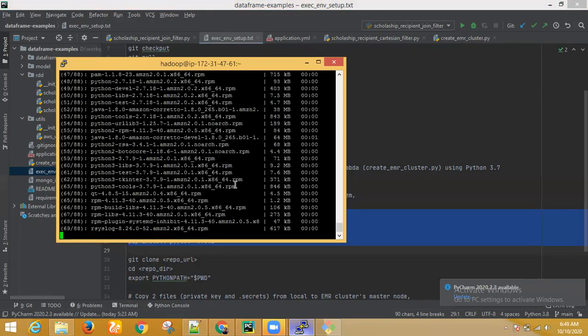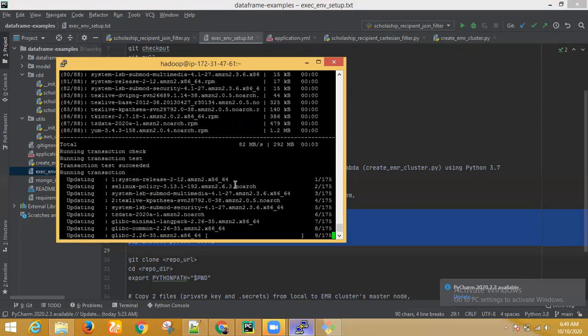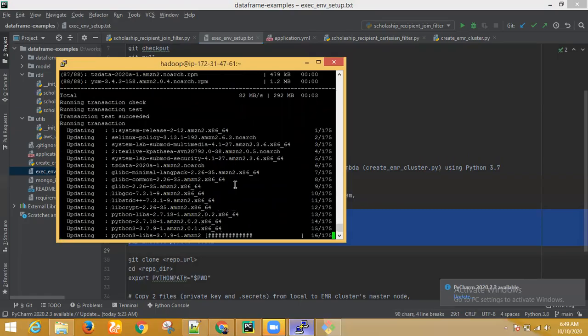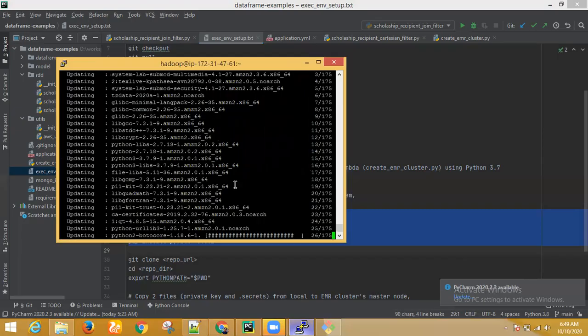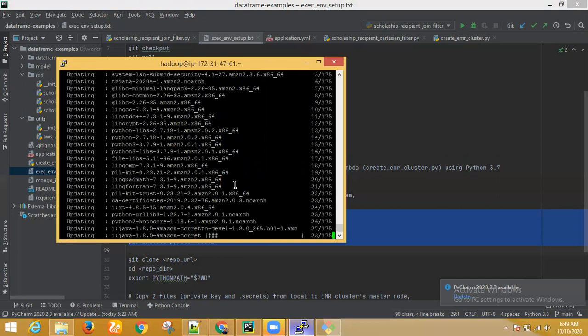You can execute line by line, or copy everything and paste it there. It will execute one command at a time. It will take a few seconds to install.